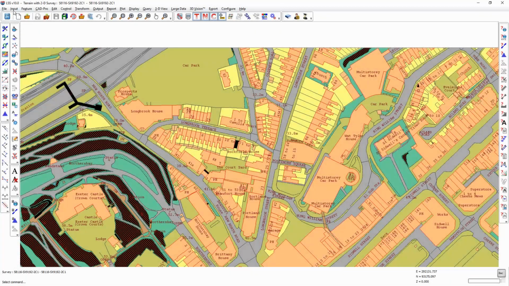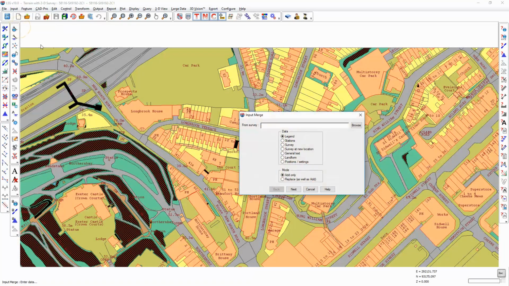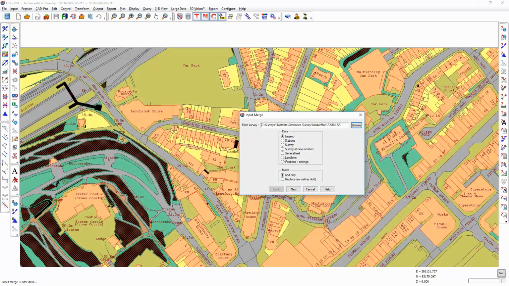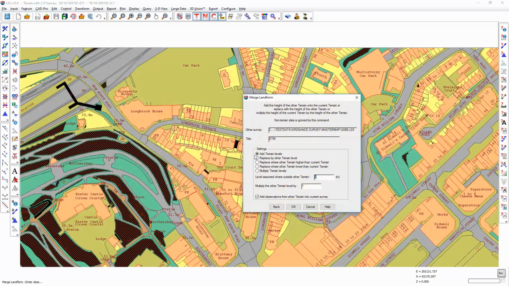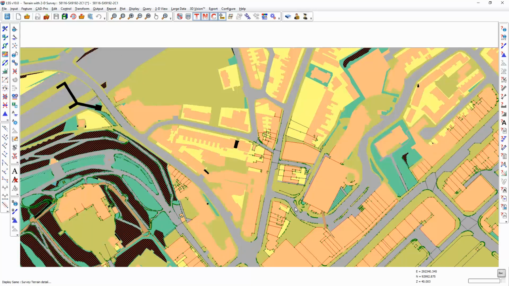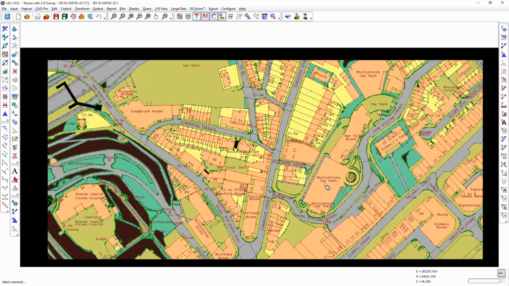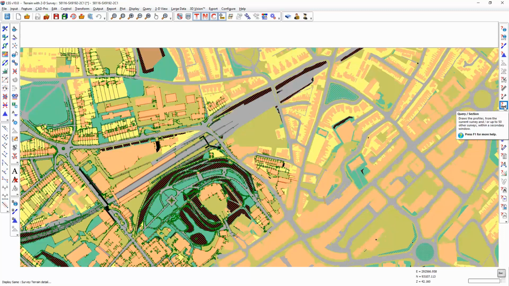And we select Input, Merge from the SX88 DTM file, Landform, add the terrain levels one for one, but we don't want to add the observations from the gridded DTM model into this one. We just want to get the level for each point at that location in the other model. Now when we move the cursor around the screen, you will see that each point has a level. And if we draw a section through a small area,